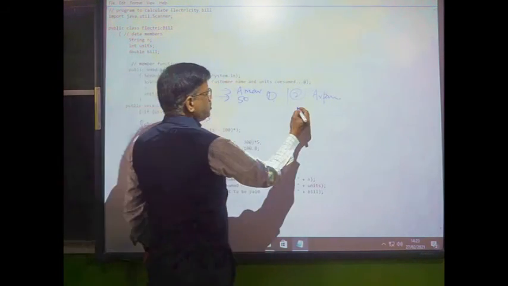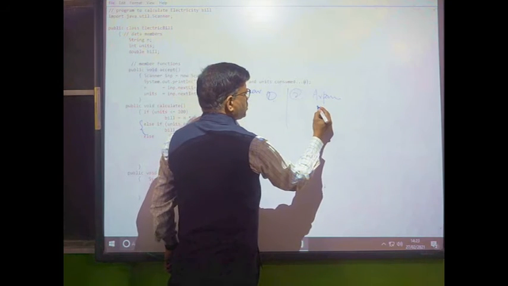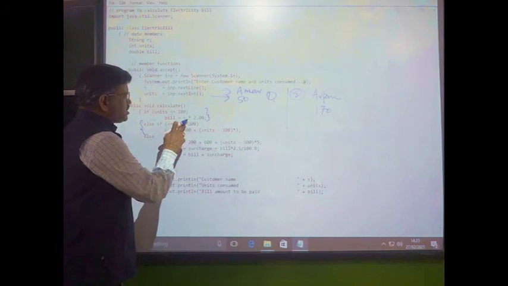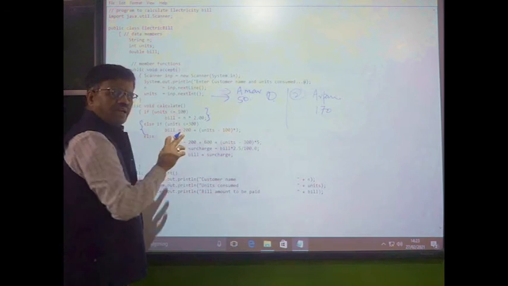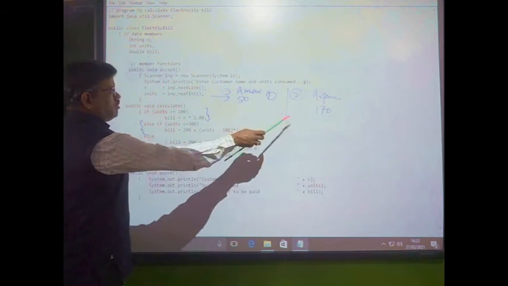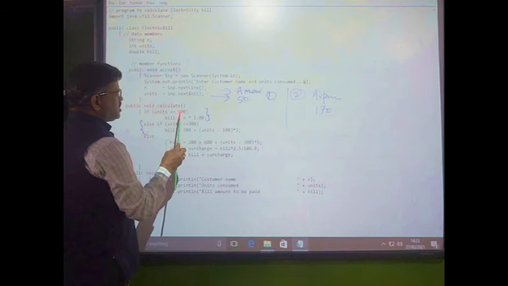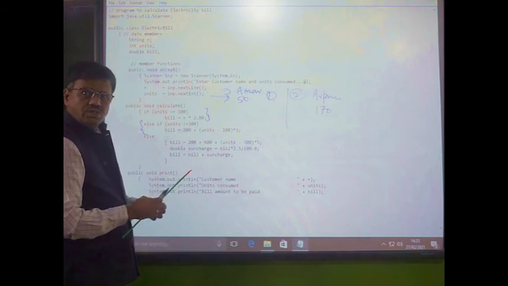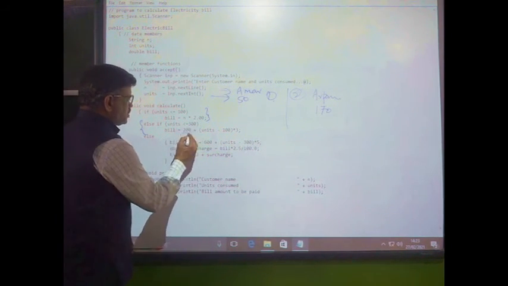How many units did I use? Let's say I used 170 units. Is 170 less than 100? No. Is 170 less than 100? No, it comes here. Is 170 less than 300? Yes. How did I get this 200 rupees? For first 100 units,